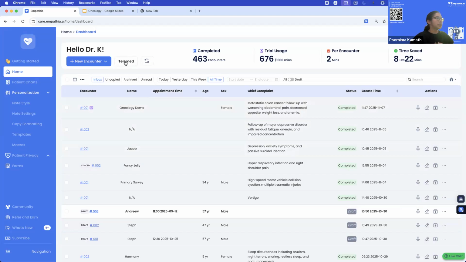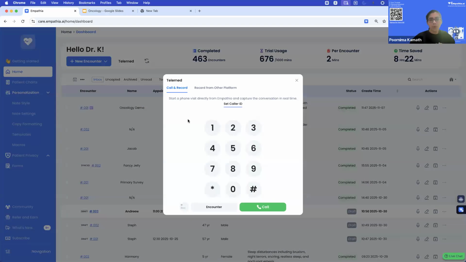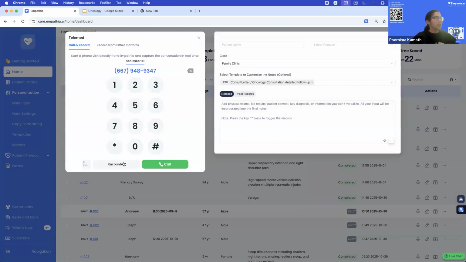So you see this Telemed option here. It allows you to call directly from Empathia's web portal. You can just type in the patient's phone number, whatever it is, and click on call, and that will start the phone call. You click on the encounter button to pull up this patient information, and similar to the workflow